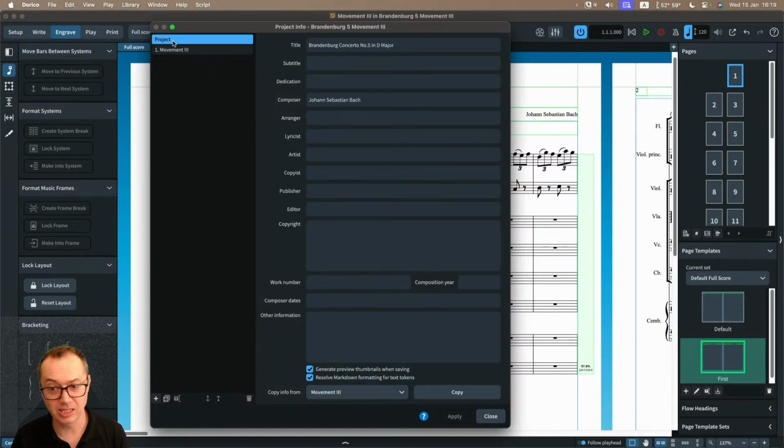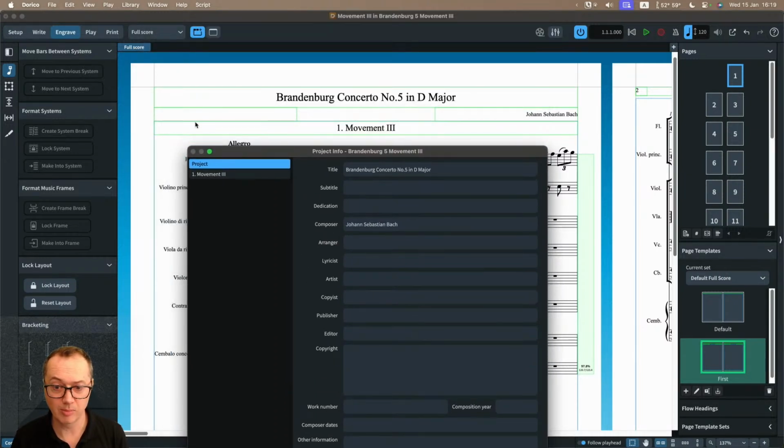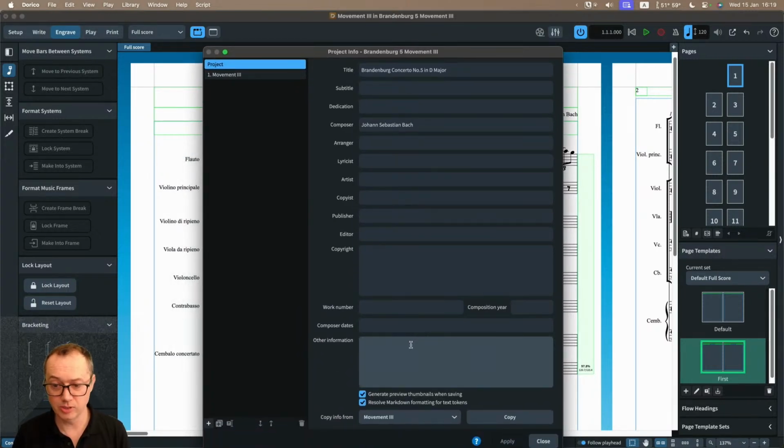So the project details contains the project title and the composer, and there's also a lyricist option which is in our template by default over here. Now these are the only three ones at the top that are the defaults. There's also one at the bottom that's a default, which is the copyright information, which would use this field here. But there are lots of other fields that you can potentially use, but they're not used on a template by default. So you can fill in all of the information in here if you want to for the project,